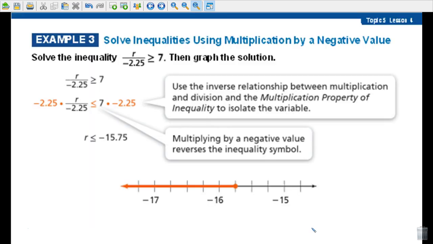Okay. So example 3, solve inequalities using multiplication by a negative value. So this is the same thing. We're just multiplying now. So we're multiplying by a negative value, so the sign will change again. So let's work on this. Let's do negative x divided by 9 is greater than 2. So to get rid of this negative and the 9, we have to multiply by negative